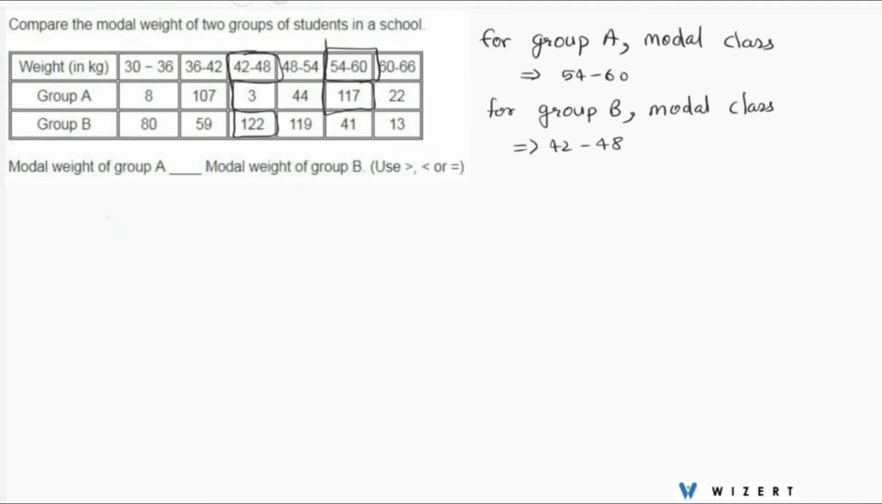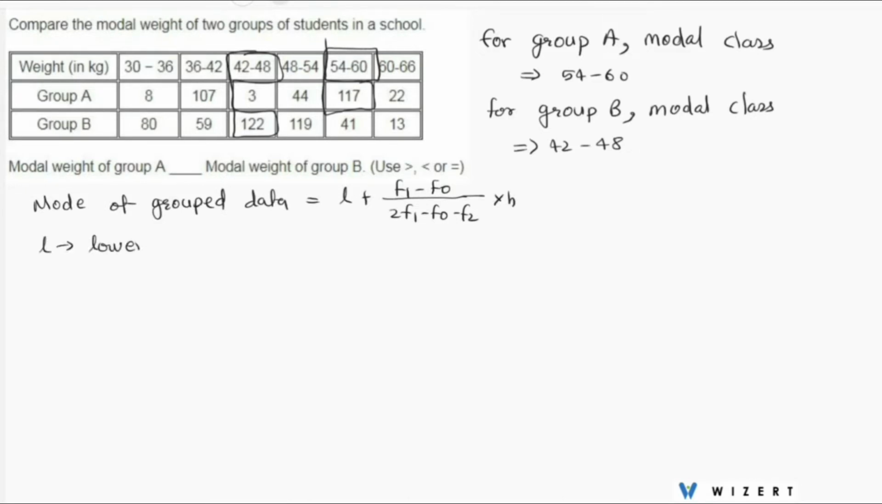Now the mode of grouped data is given by L plus (f1 minus f0) divided by (2 f1 minus f0 minus f2), multiplied by h, where L is the lower limit of the modal class, h is the class size,